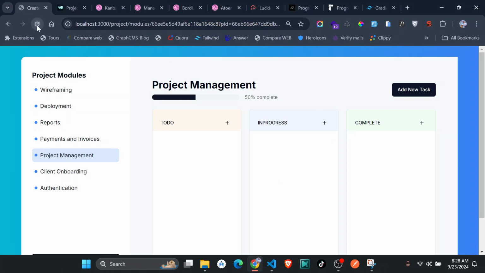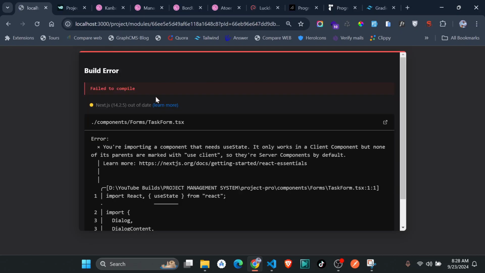Okay, refresh. Yeah, importing a continuous state, it only works, but none of it's